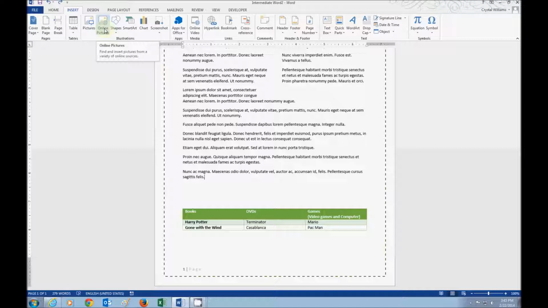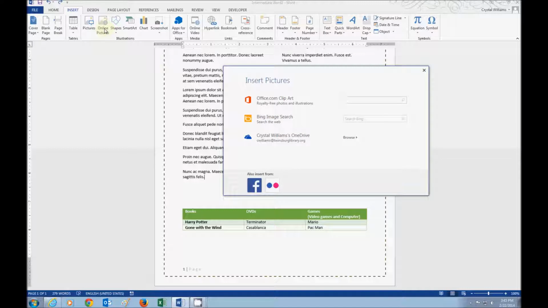This means that in order to access clip art, you do have to have internet access, and you have to have constant internet access really to use this feature at any given time. If you click on the Online Pictures command, you'll see a little Insert Pictures pop up. You can insert pictures that you might have stored on online accounts such as SkyDrive, Facebook, or Flickr. You can also do a Bing web search for images on the web, or you can look